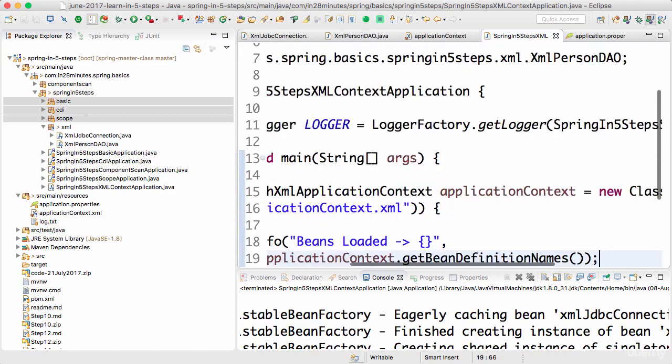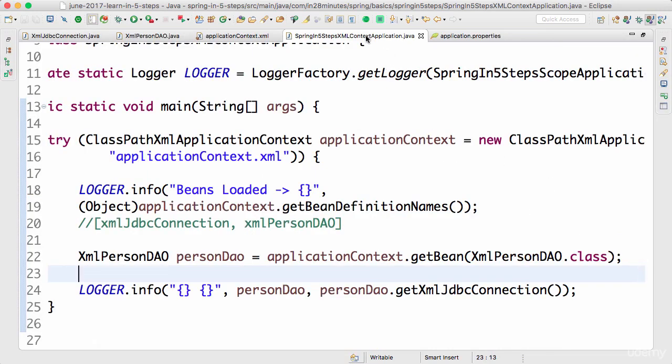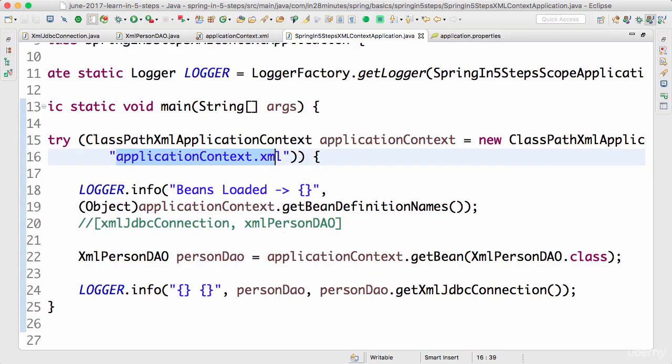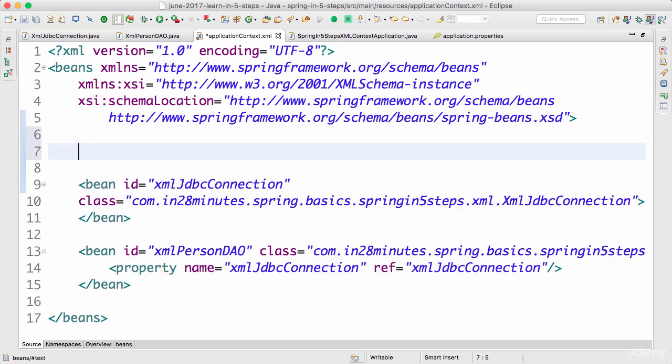Okay, the answer to that is we need to define a component scan. We need to define a component scan to scan these packages. So when Spring does a component scan on this package, whether you're using an XML definition or a Java definition, it does not really matter. All that we need to do is get a component scan triggered over here. The context which we are using is an XML context. So in the XML context, we would want to define a component scan. How do we do that? In the Java context, we looked at it earlier, right?